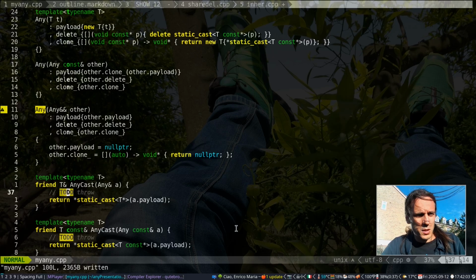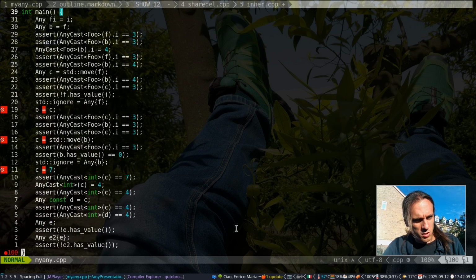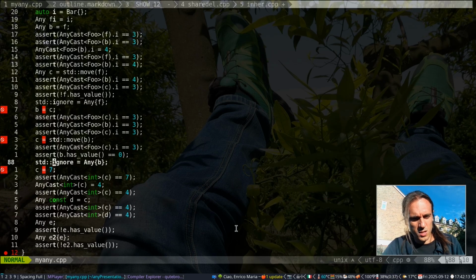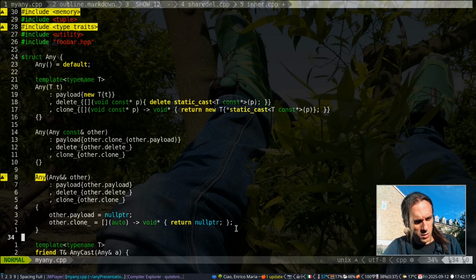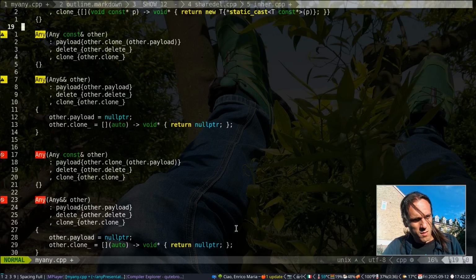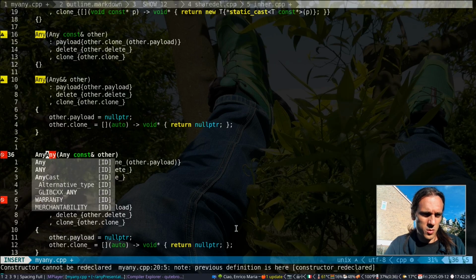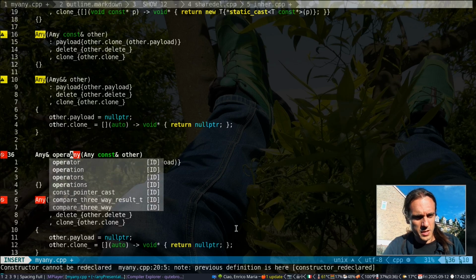What else now? Because we've defined the move constructor, some other special member functions are not defined, and these are basically the assignment. As you see, there is no assignment operator. Move assignment, copy assignment, we need to define them both. But we can just take inspiration from the move and copy constructor and just change the signatures. So the assignment operators return a reference,